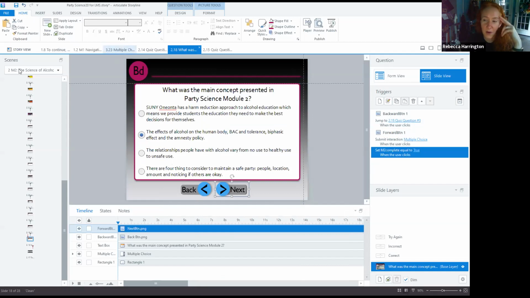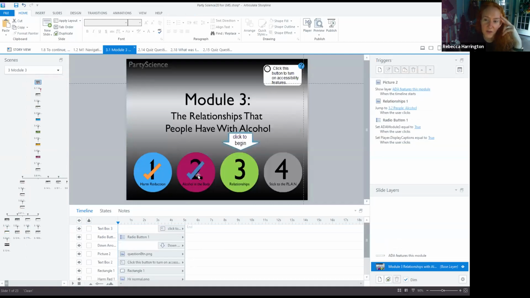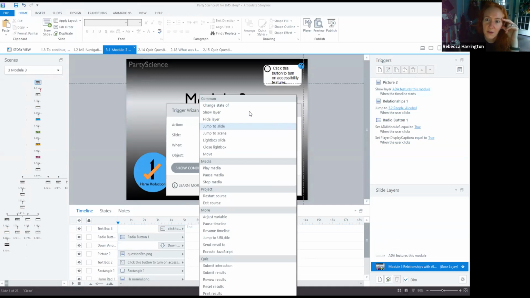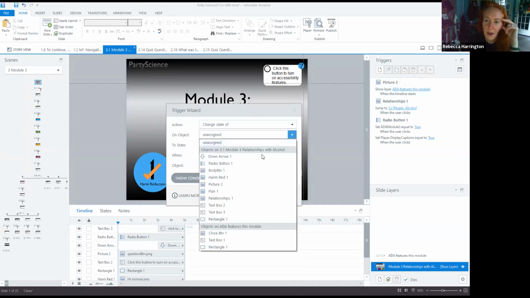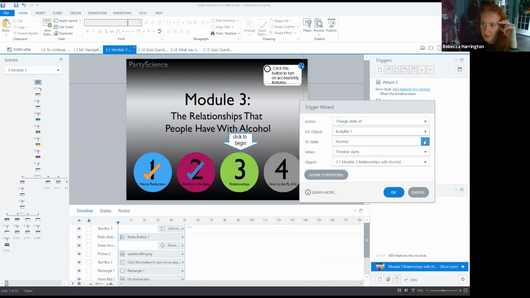Well, let's come up here. So when are they going to need to see that? Well, they're going to need to see that when they get to module 3 or if they're coming back here. So I've already got this set up to default that module 2 is checked off. But what I would be able to do here is add just a trigger to the slide. So nothing is highlighted here. If I add a trigger, it just ends up existing as part of the slide. So I can change the state of, which state? This is my grouping of the body buttons. I want to change it to visited